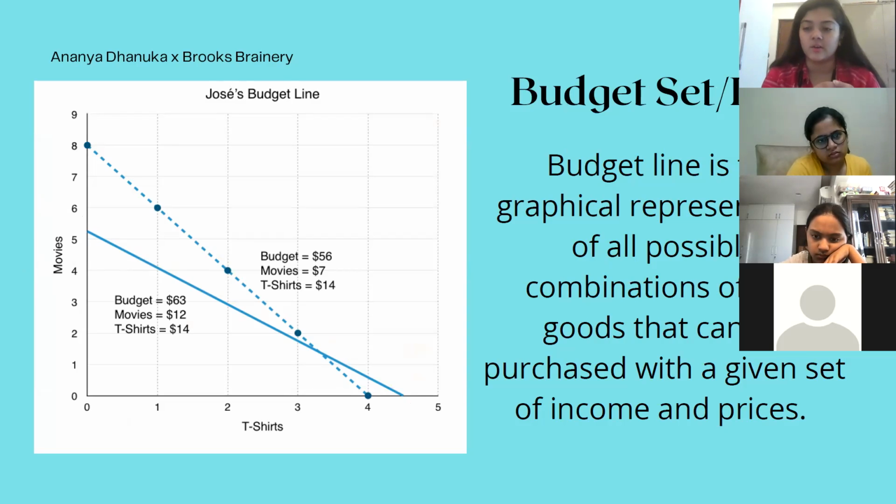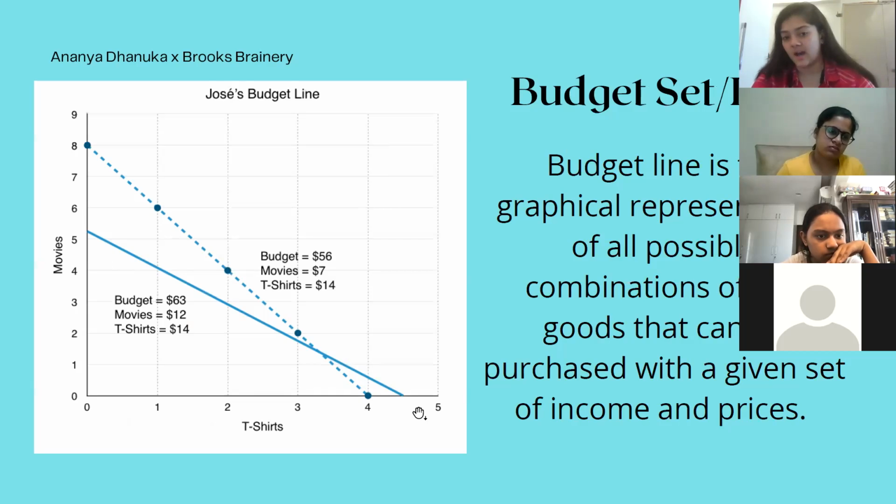X refers to the units of ice cream. Y refers to the units of cake. And so what are the different combinations or bundles that I can make that will allow me to buy the maximum units of the two commodities given the income that I have? Which is why budget lines are always linear in nature. It's a direct straight line.